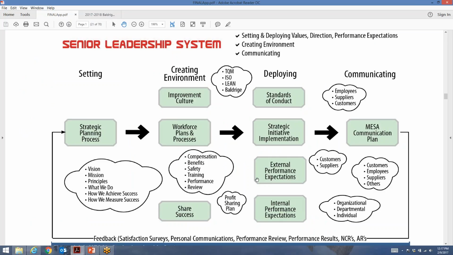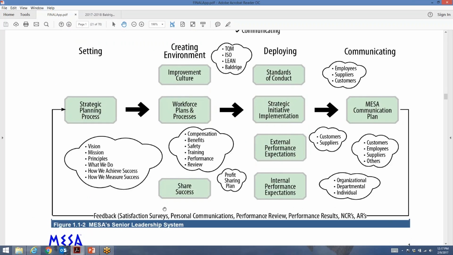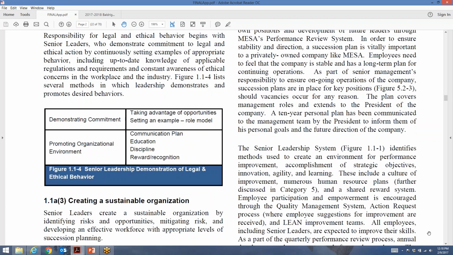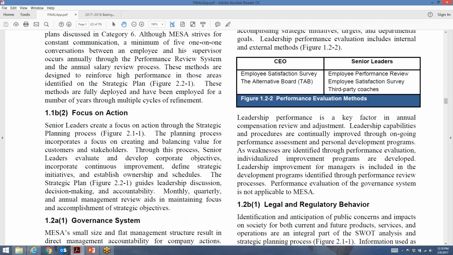So when they're asking you about how you create a high-performing environment, well, in Figure 1.1-2, look, here's how we do it. I'm showing you right there. I said that in a few words, and you can see that in the picture. Examiners get the feel that, hey, that looks like a pretty systematic approach, and I've even got a feedback loop here to tell me how I learned from that. So leadership system, write that down as one of the few things I think you need to have a picture about.